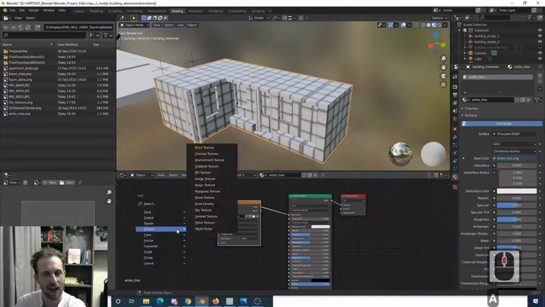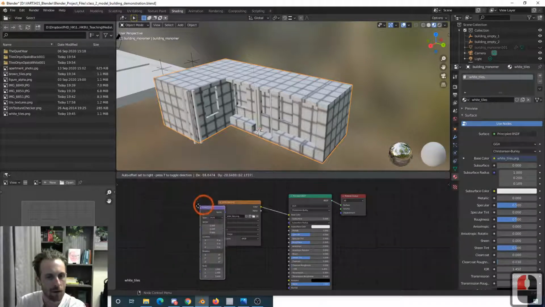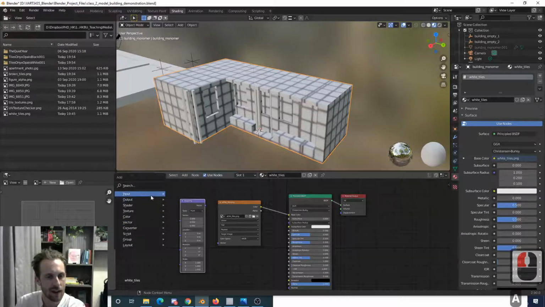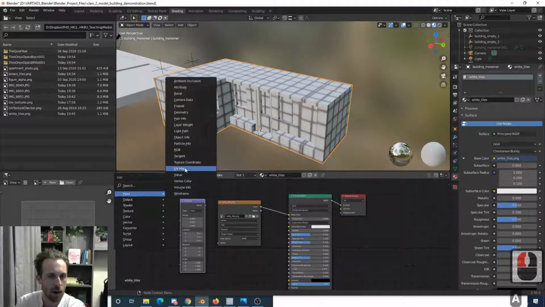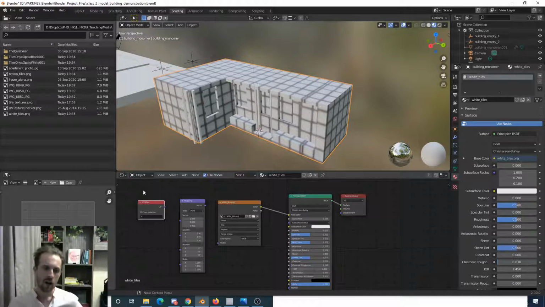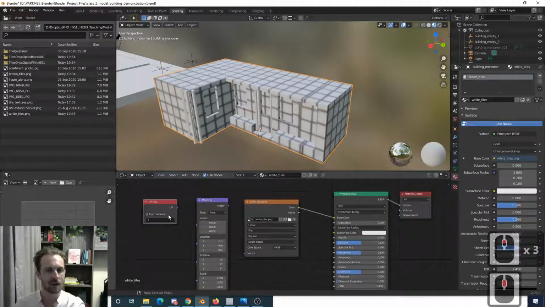So if I do Shift A, and this time I'm going to grab a vector mapping node. I'll pop that there, left click to drag it in, and then I need an input node, which is going to be my UV map. So there's a bit of logic here. We have inputs that work their way to an output. It's a bit like an electrical circuit almost, I guess. So here for the input, I've got my UV map,